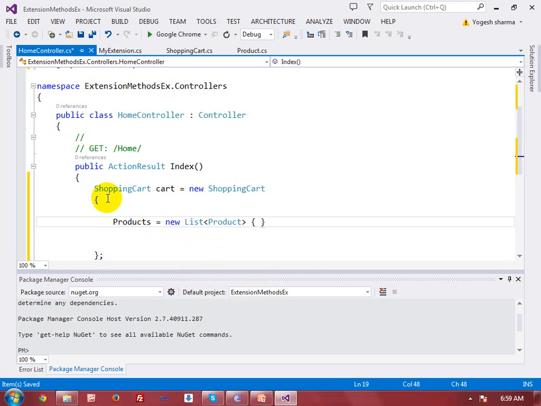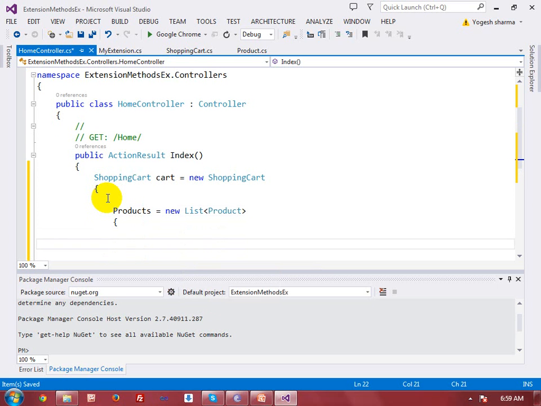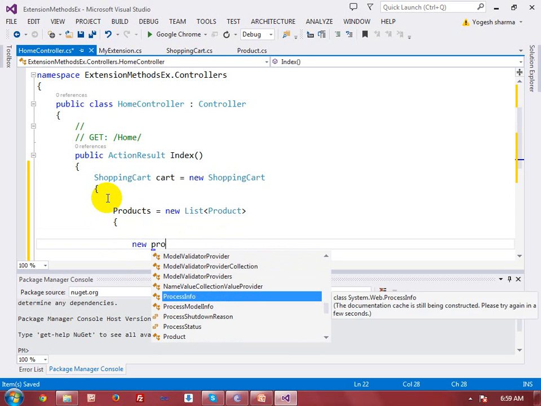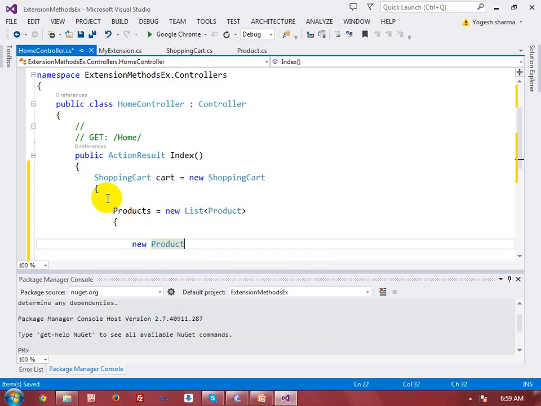It means that I am going to create the product objects, and all the product objects will be added into the Products. Okay, so create new Product. This is my class, and in this Product I will give the values of product name, like computers, comma product price. In product price I am giving 10,000.